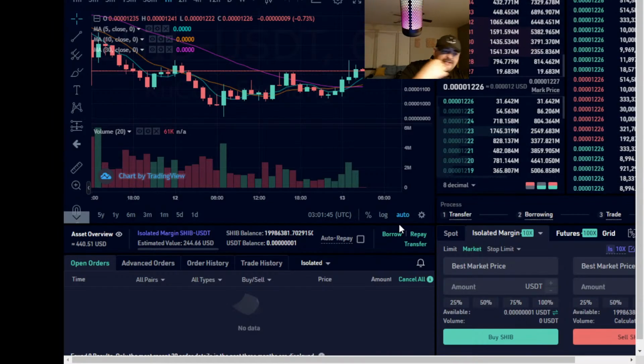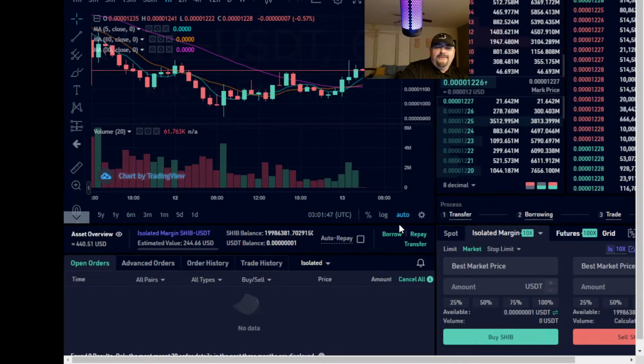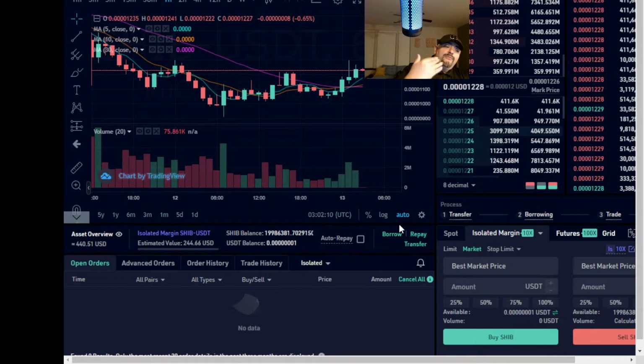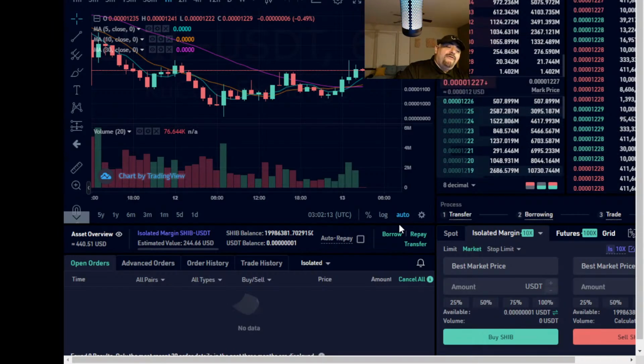Now, if this was an actually good market and it wasn't in the middle of a crash and a downfall and all this other jazz, if you do that properly, you could do very well making $400 a day. But in this type of market, you need a little skill, a little training, a little chart training, a little entry training. There's a lot more that goes with it. But I just wanted to share with you guys that I doubled both my trades. In 2 hours, I've doubled my money.